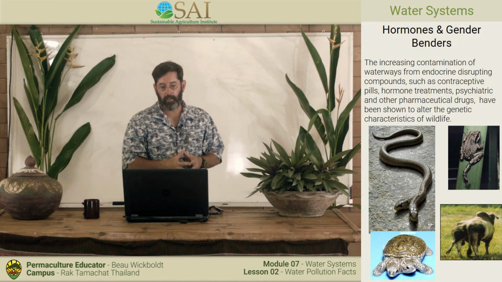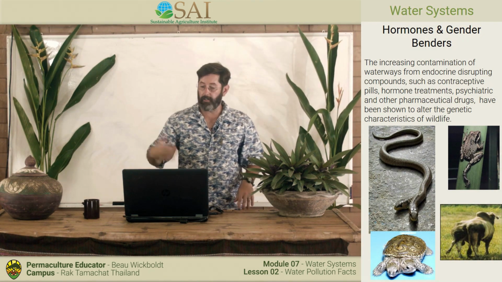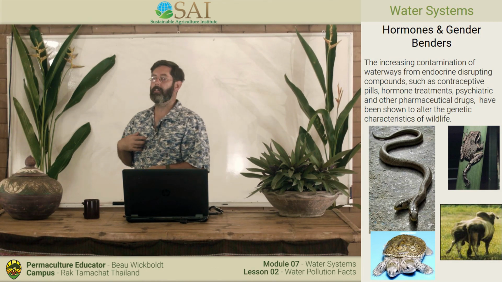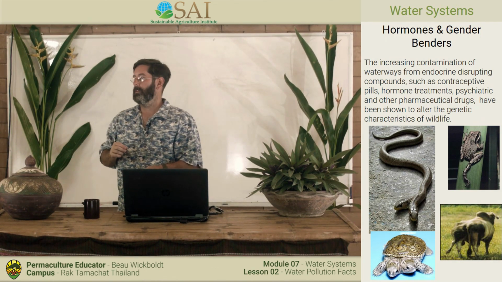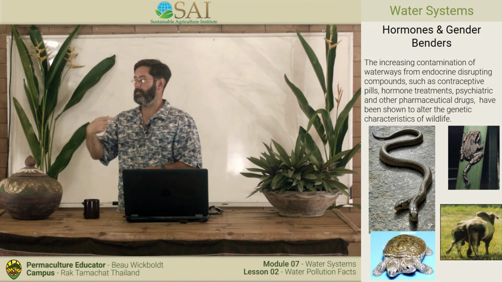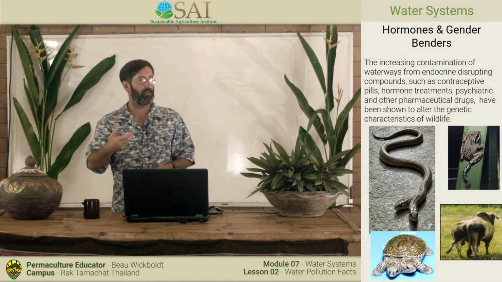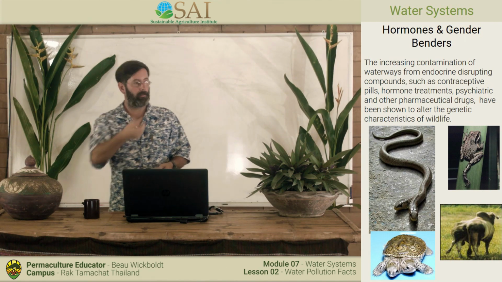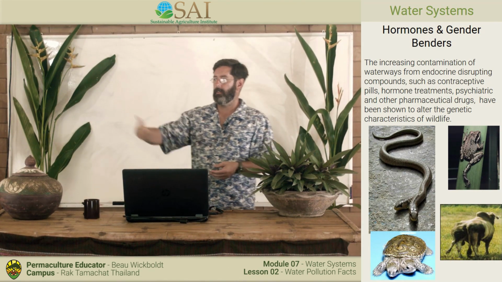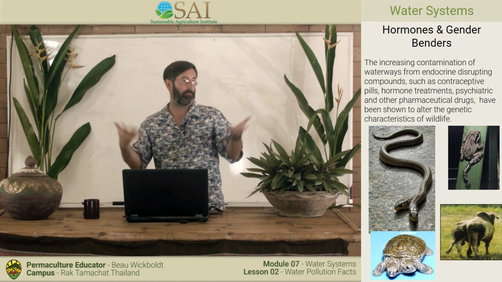Runoff water. So the increasing contamination of waterways by our endemic dispersing compounds such as contraceptive pills. Does any lady have a pill? After you eat it and you urinate, it's still there, right? So the chemicals that we eat with medicines, hormones, different things, whether it's antibiotics, when we urinate, our antibiotics go into the water supply. So then that's now a fish that has antibiotics.